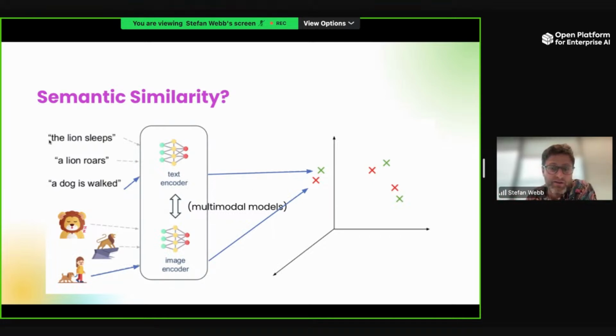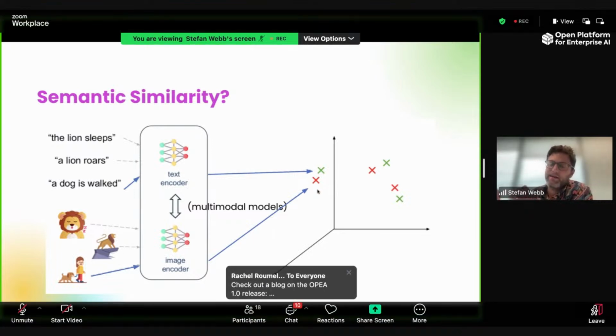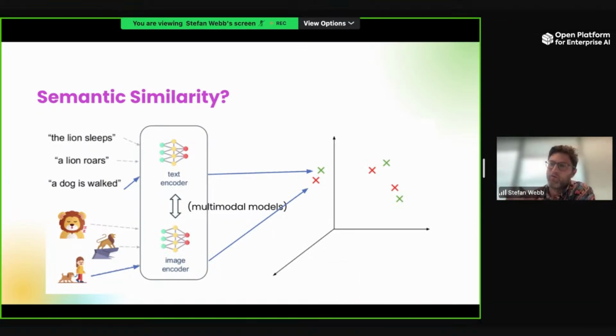Okay, so we've got these three sentences. Let's look at "the dog is walked", and at the bottom there's an image of a girl walking a dog. If our learning has been correct, because those two things are just different ways of representing the same idea, the vector representations should be close in space. That's what I meant by saying this representation tells us about the relationship between different items, as opposed to a one-hot encoding or a bag of words, which doesn't give that relationship between the items.